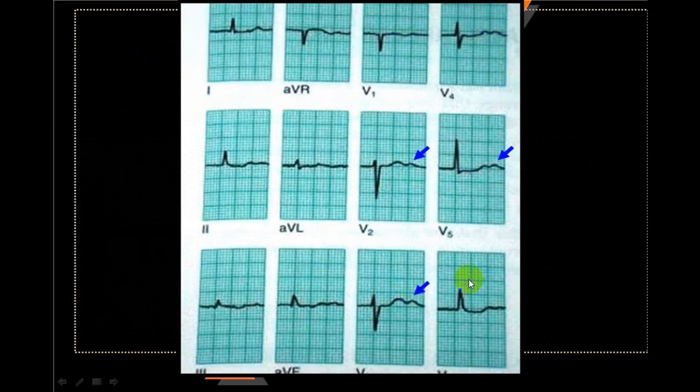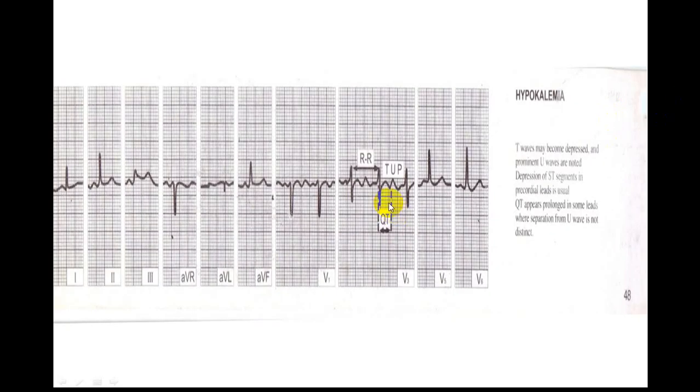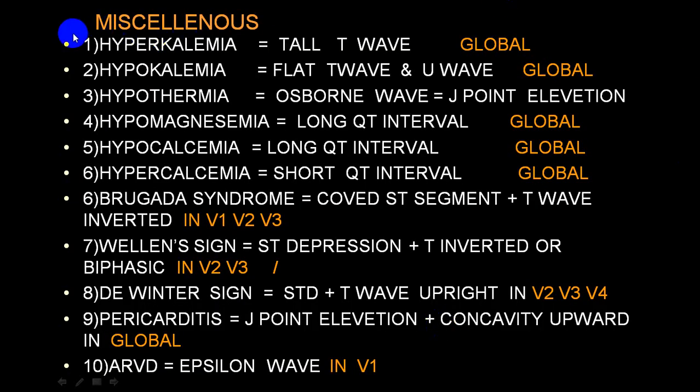You can see a T wave followed by a U wave very clearly. This is in a case of hypokalemia. Again, in hypokalemia you get the T wave, U wave and P wave almost coming together, so it is called TUP. Once in a while you can have a T, U and P very close together. That is again seen in a case of hypokalemia. These are all rare conditions where you can have an abnormal T wave.